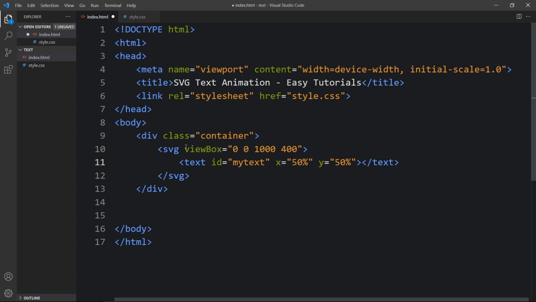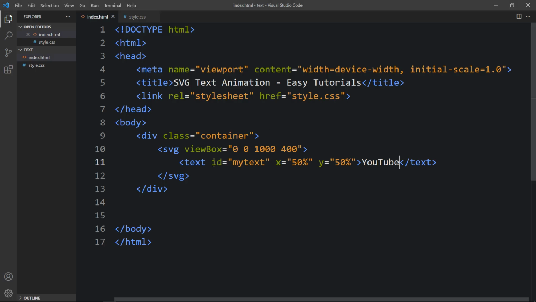Now close this tag, and in this one let's add any text that you want to display on the web page. So here I will write YouTube like this. Now let's open the web page again. You can see a text here which is YouTube.